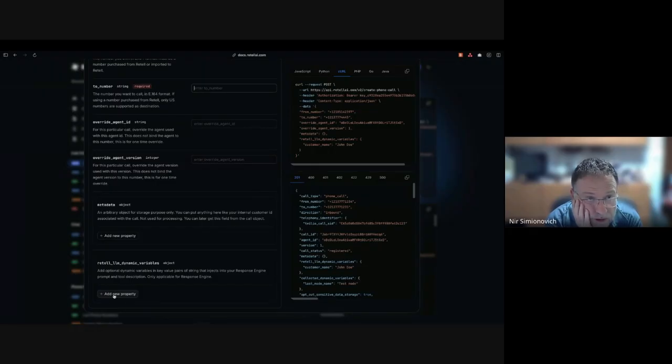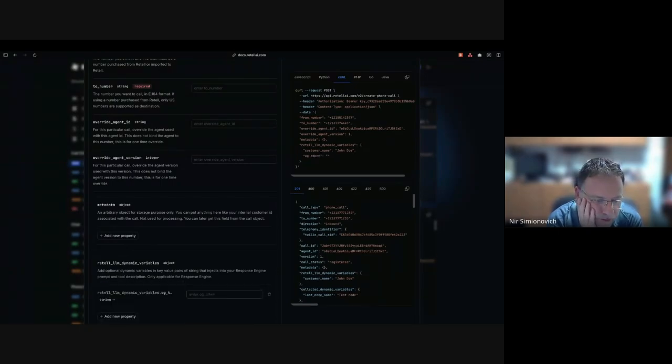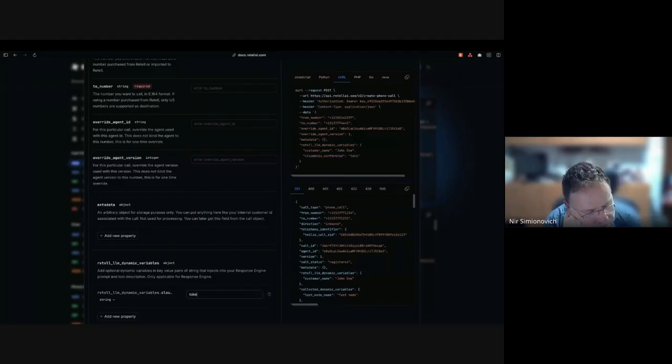Yes, we do need the dynamic variables here, which is the original token, because that's going to be used as the Cloudonix conference room. The name of the variable is going to be Cloudonix conference, and it's going to include the token from the previous request.